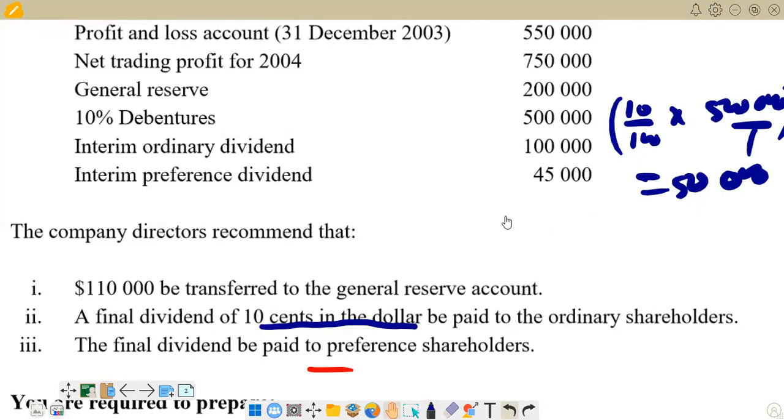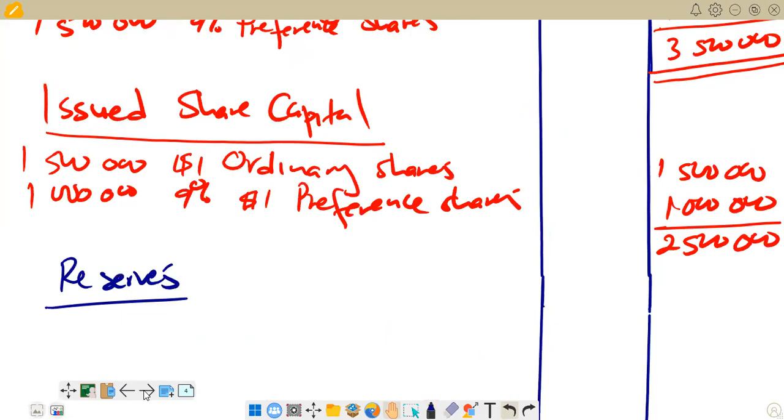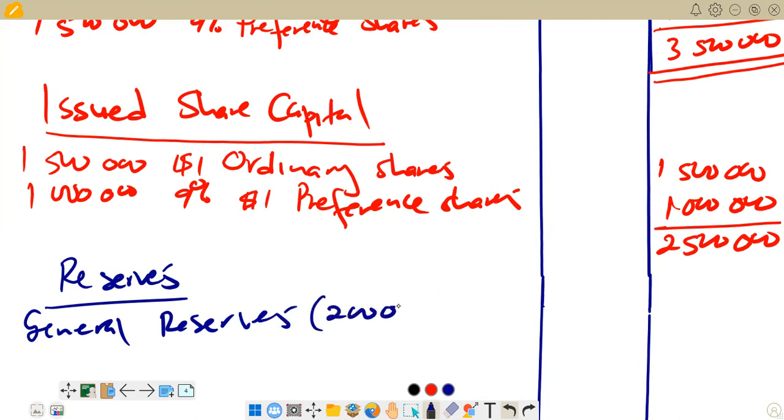So we are saying 200 plus 110 to get the total for general reserve: the one that we had plus the transferred one. General reserves: 200,000 that we had plus the one that was transferred, which is 110,000. Obviously, there you are going to get 310. So in this column,